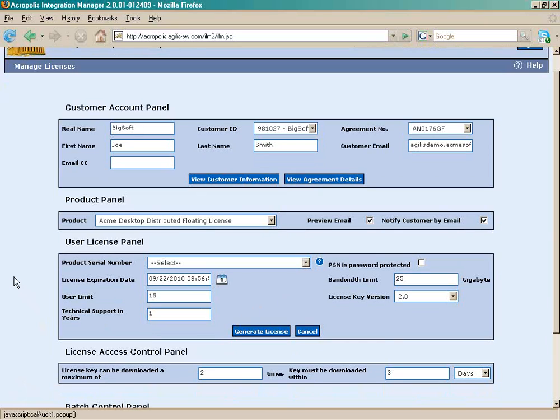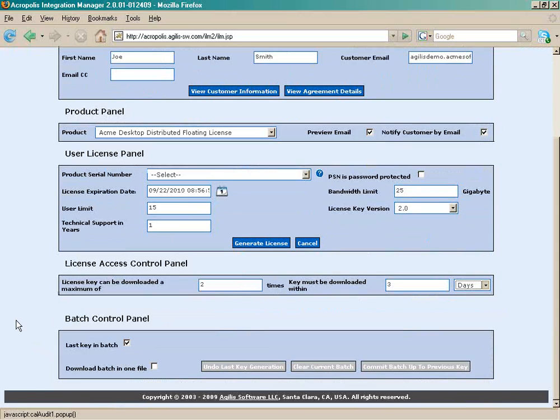Now, there are a couple of other control panels down here in this case. What AIM is going to set up is a custom download page where the user can come and pick up their license. And there's an additional security mechanism you have in this case, which is you can specify how many times this license key can be downloaded and what their window is for downloading that key. So they might have only 3 days, or they could have a week or something within which that key is going to be available to them.